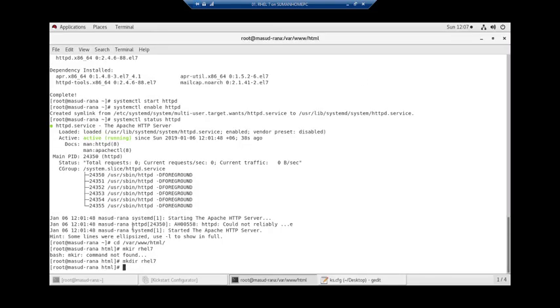So let me open my system configuration tool by gedit, space, anaconda.